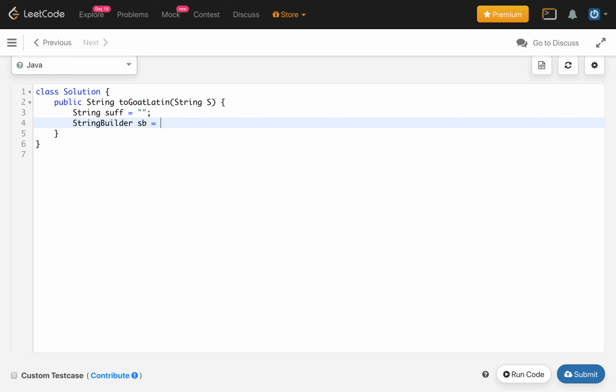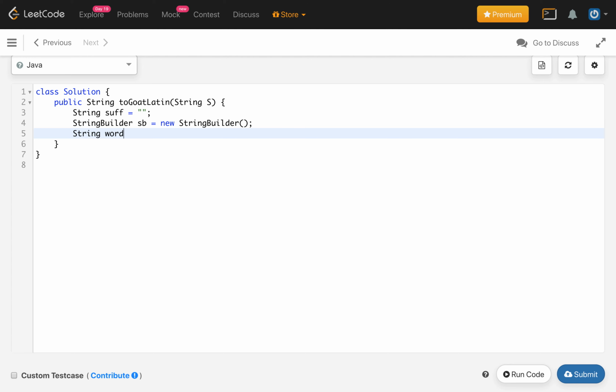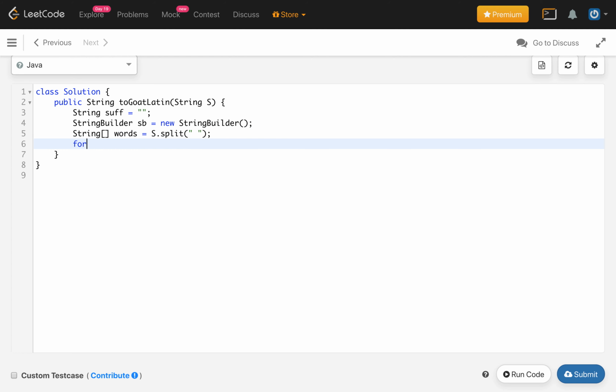Let's call it sb, initialized from the StringBuilder class. Now we will create all the words by splitting the sentence. So this will be a String array words, which will be split based on the space. Once we are done with this, we will iterate for each String word in words.